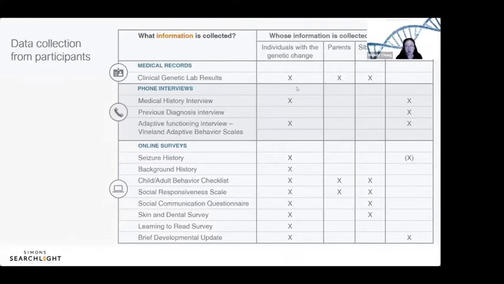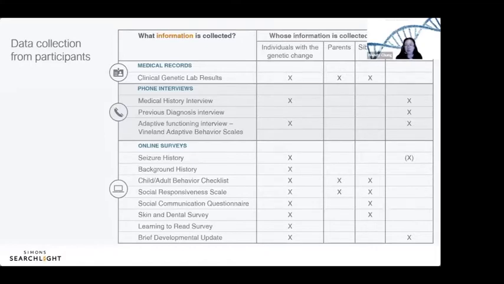And one of the important points that I want to make is that this is a longitudinal study. So what that means to us is that we get information from someone at the time they first register, but we want to see how our kiddos are growing up over time, how they're changing, which things are getting easier or harder. And certain things, for instance, when someone goes through puberty, we might not know if your child's only 5 years old, so we need to actually watch them as they're growing up, as they're going through adolescence.